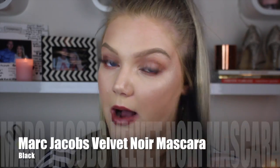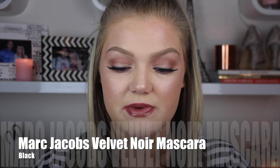So we've got the Marc Jacobs, this is the Velvet Noir, and the brush on this is really unique, even though I have seen mascaras that look like this, but it's the way that the wand is cut and the way that it works. It is just genius. I absolutely love it. So basically the wand is a natural bristled brush and it is like laser cut to all different lengths. So it will really grip onto every eyelash that you have, and having normally like shorter lashes